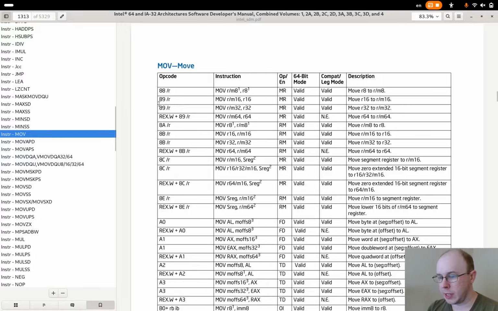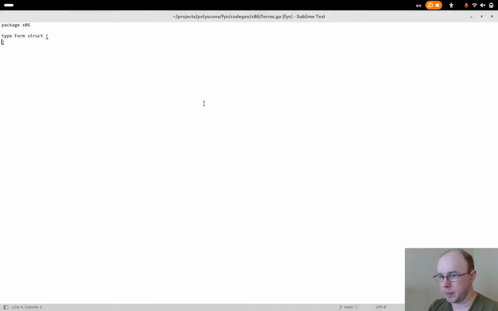So for example, in MOV, we have a form where RM is the first operand, register is the second operand, and it has a size of bytes. Then there's the same thing with word, dword, qword, and then the same thing where the operands have been flipped around. When you call emit, it should take the arguments passed into it, try and match a form from a table, and then use the information on that form to help generate the bytes that are needed for the encoding.